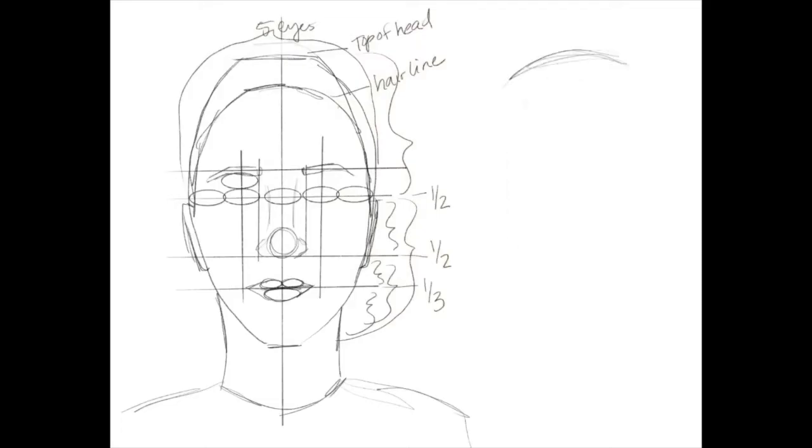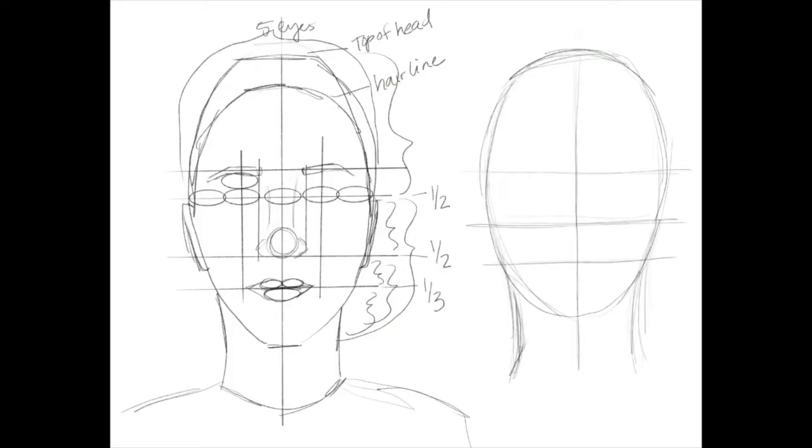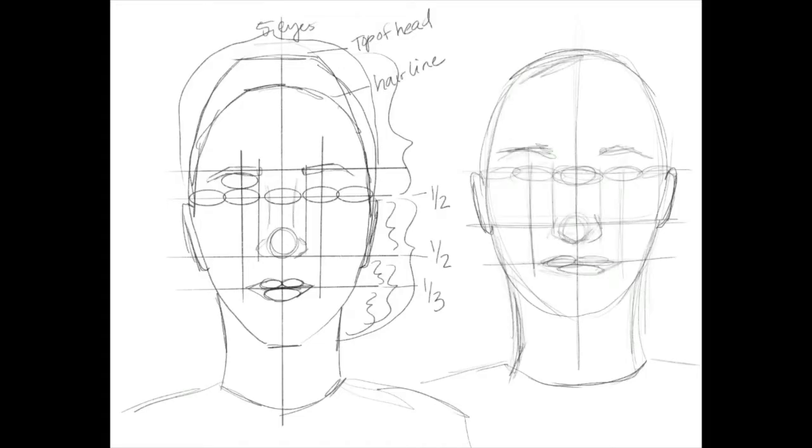My mouth lines up with the middle of my eyes, and my nose lines up with the inside of the eyes. The ears line up with my eyes and my nose. So you can use these basic principles to draw any kind of face. And so you can see that I'm starting to use that to draw the face next to the first one